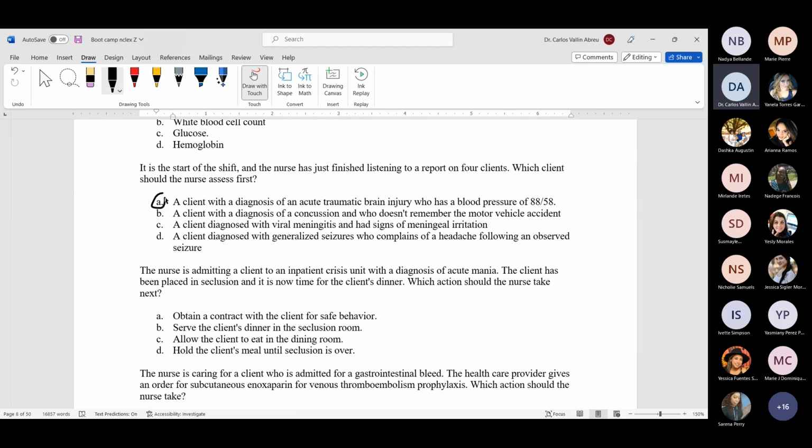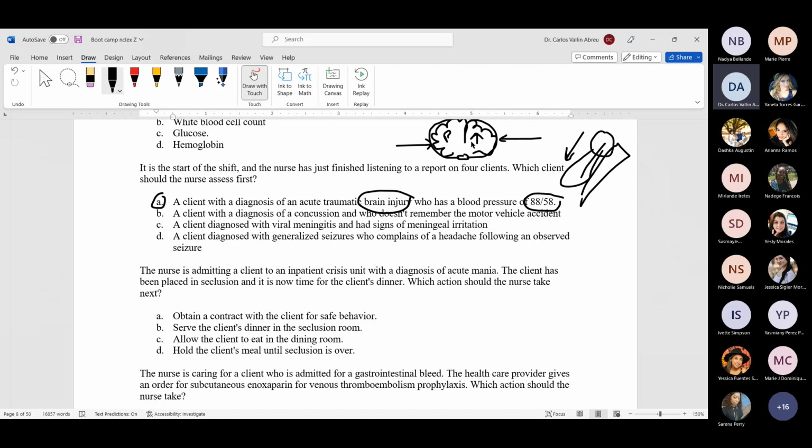A. Okay, the patient with A has a very low blood pressure, and having brain injury is a bad thing. Why? Inside the skull, you have no space for anything. But when you have a head trauma, then you have brain edema because you have shaken brain. So the pressure inside the head increases. That's why a patient with head trauma is placed in semi-Fowler position to favor the drainage of liquid from the brain. So now the pressure inside is higher than normal, but now the pressure of the blood, to enter inside